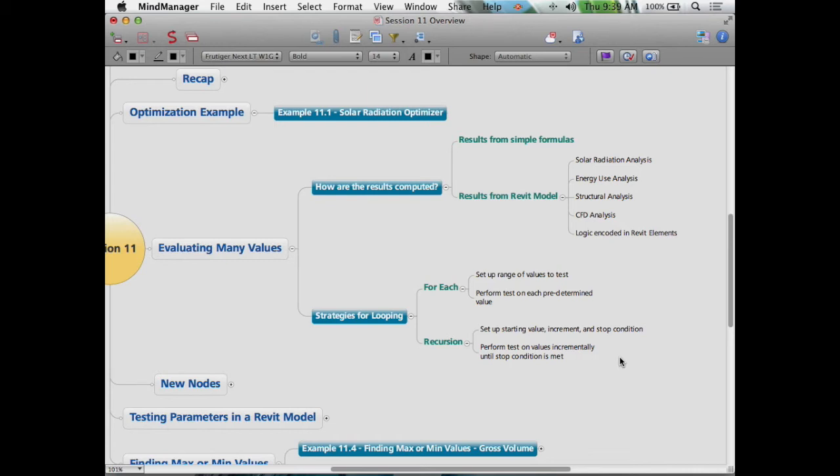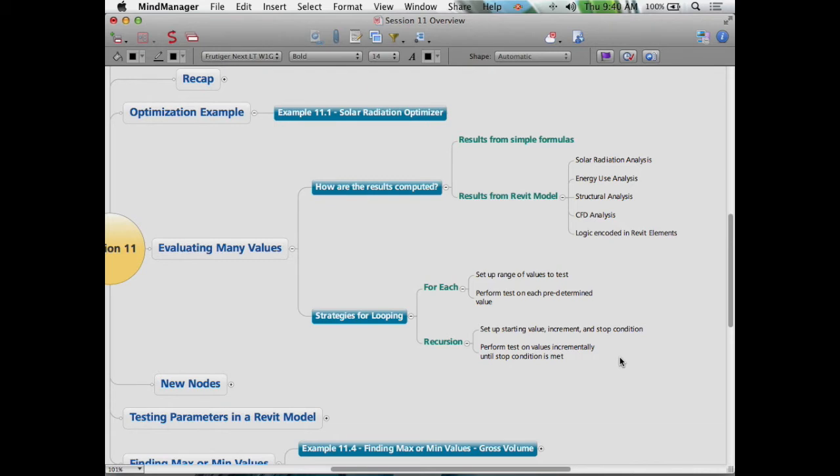So the idea is that as opposed to doing 100 different values, you could actually target in and be very specific about it. And really, even as we get closer and closer to the threshold, we might kick into another type of calculation to go through and look at things a little more finely. So we can do sort of a gross analysis and then really start doing a small analysis as we get in there. But recursion often allows you, because you're not basing it on a predetermined list of values, but dynamically adapting based on what you're getting out of the model, to be a lot more precise